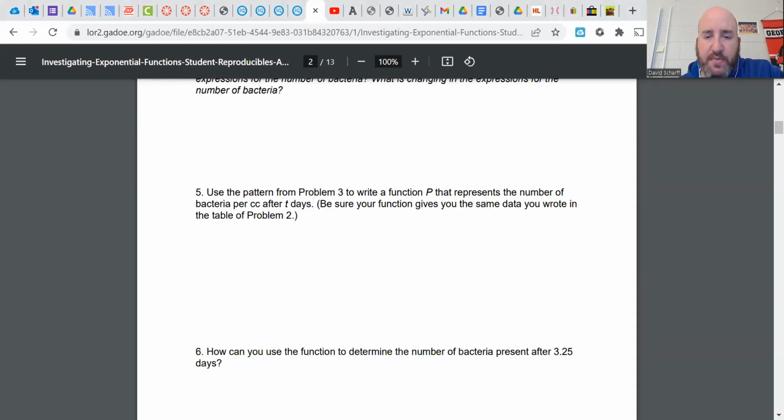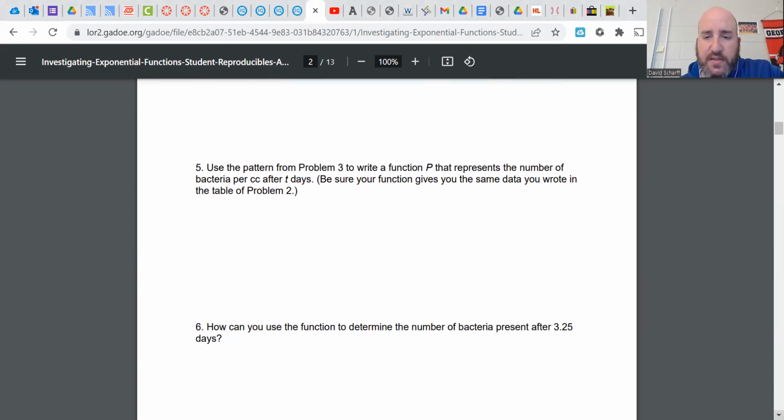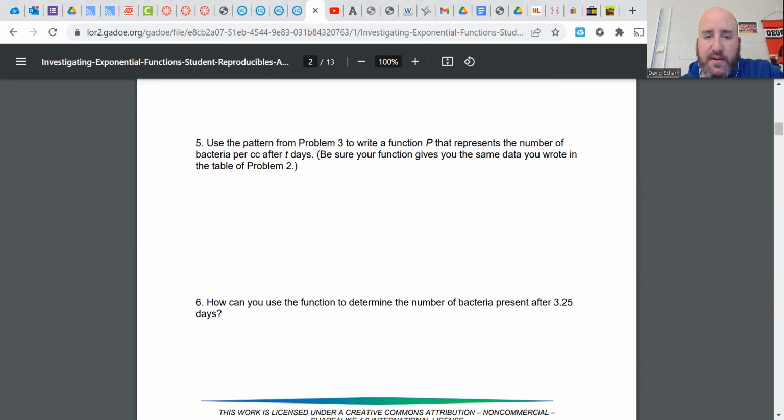5, use the pattern from problem 3 to write a function P that represents the number of bacteria after 2 days. All right, so to write a function, I learned about functions in Algebra 1. A function could be a letter, it could be f of x. It's just what's going to be on one side of your equal sign, and then everything else is on the other. So for all of those, if we scrolled back up, we know we have